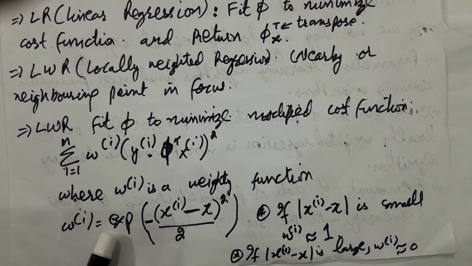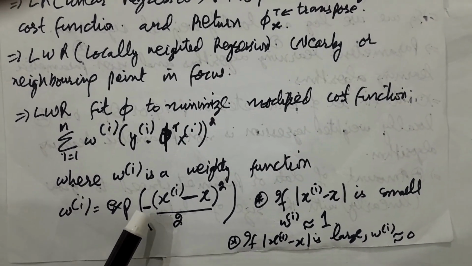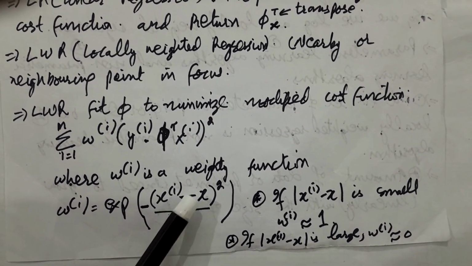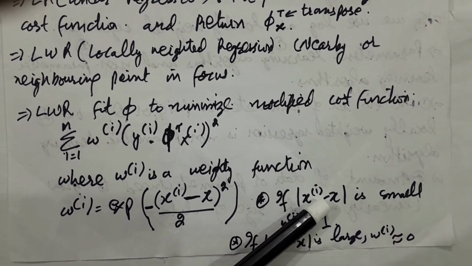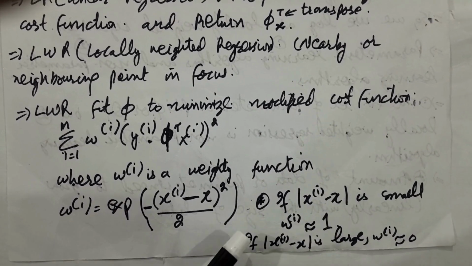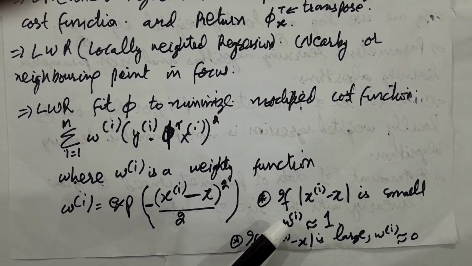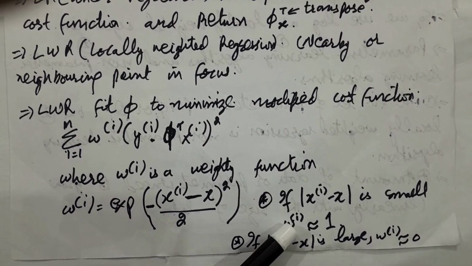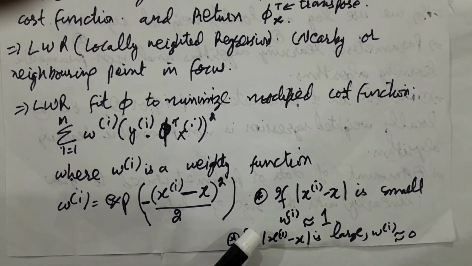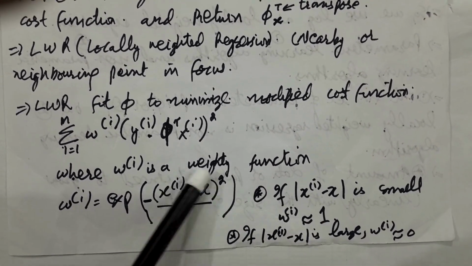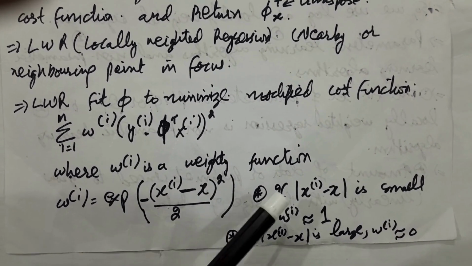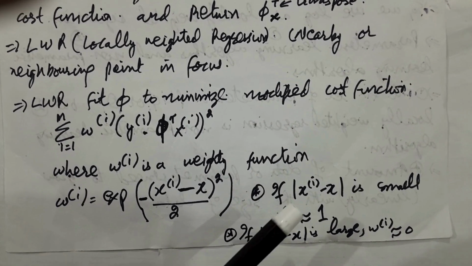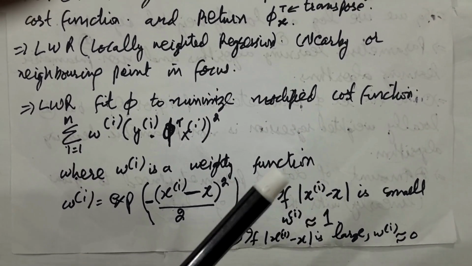So the weight function wi is equal to exp of minus (xi minus x) whole square by 2. If xi minus x is small, then wi is approximately equal to 1. If that amount is large, then wi is approximately equal to 0. These are the two important conclusions we get from